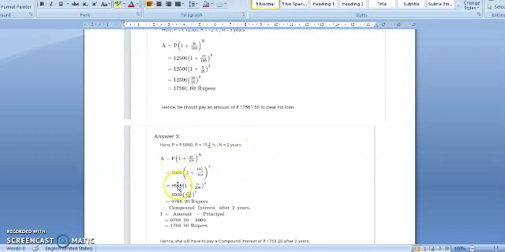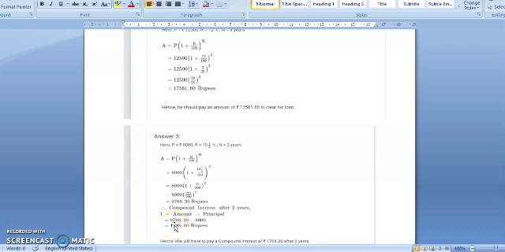So let us put the values here. 8,000 into (1 plus rate of interest 10.5 upon 100). So to remove this decimal in 10.5, you can add a zero in the denominator and it will become 105 upon 1000. And then when you reduce it, it will become 21 upon 200. So you will get here the final answer as 9,768.20 rupees. And compound interest is to be calculated after 2 years. So subtract the principal amount from this amount.